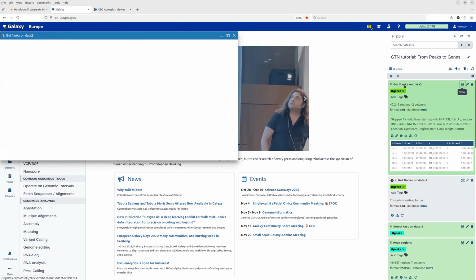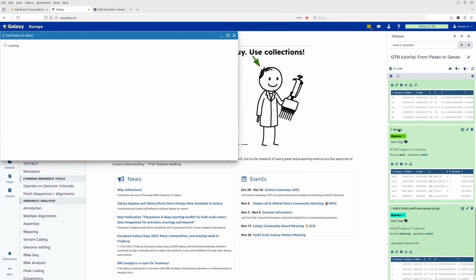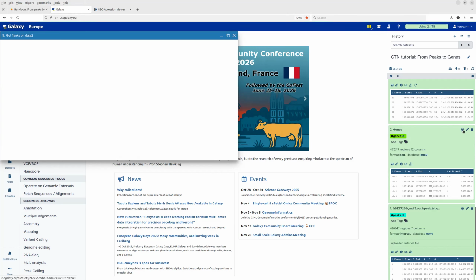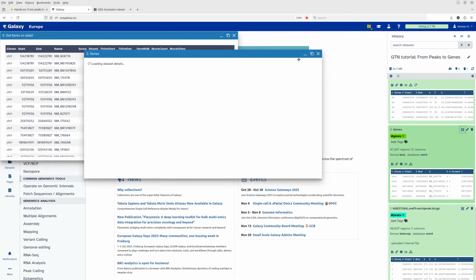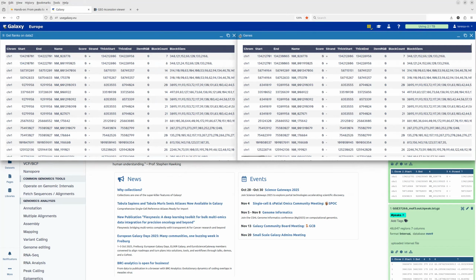So I open the newly generated file and also the gene file. To compare them side by side, I will make it a bit better visual for you. So on the right side, now I have the genes file, so the original file, and on the left side, I have the file where we extended the promoter region. And if I compare now for the very first line, the entries, so the original one had,